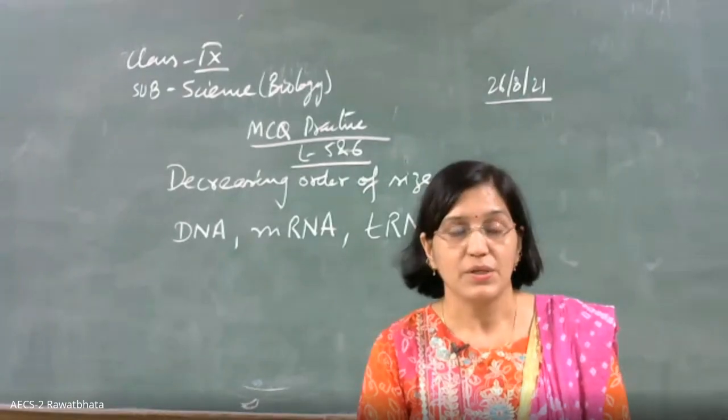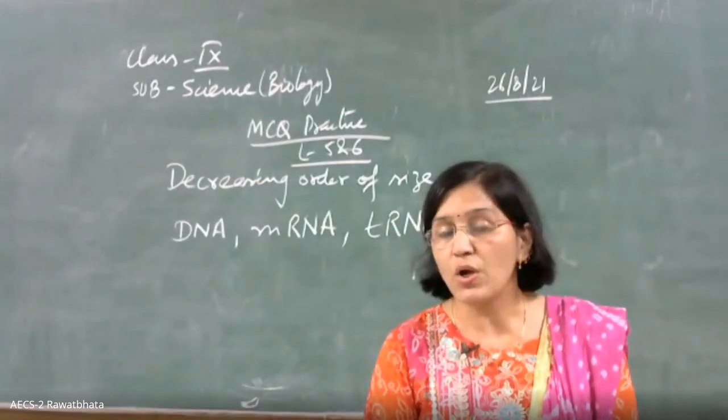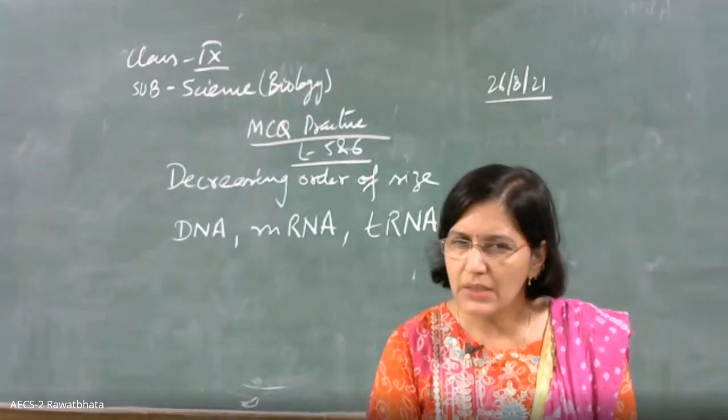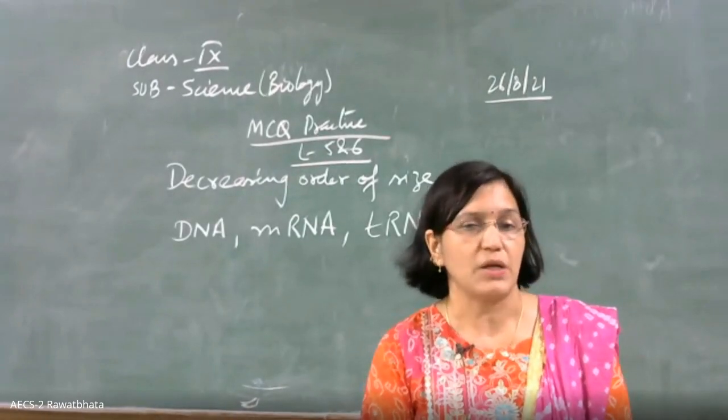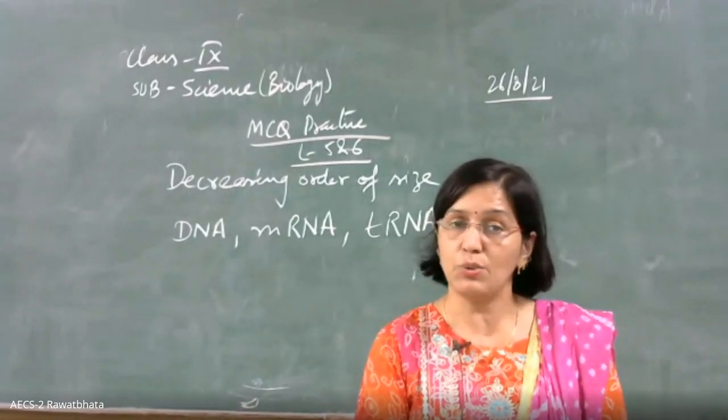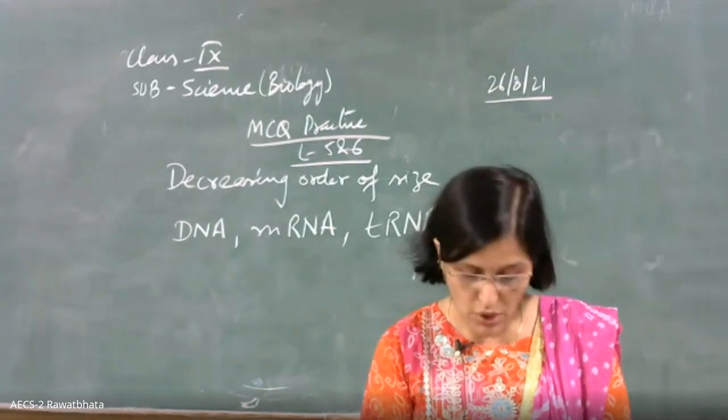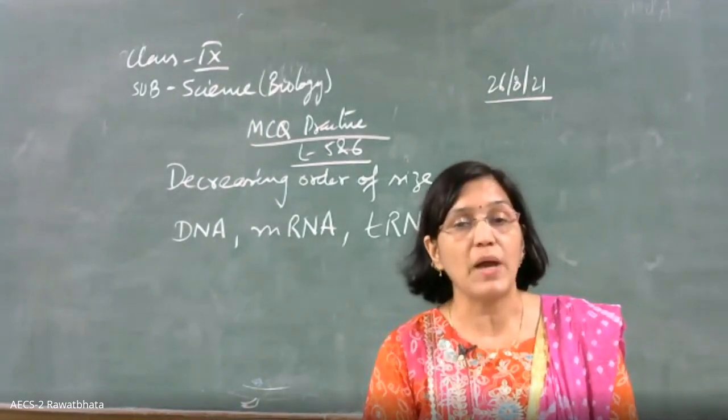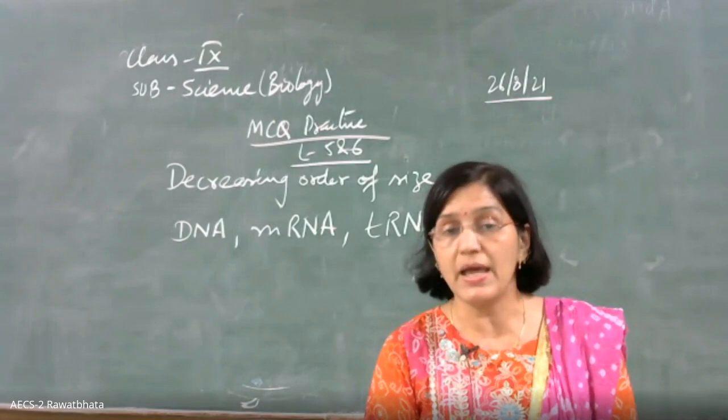Ma'am, can I tell? Wait, Aditya, wait. So how to rule out TMV? I am not aware of it, right? So let me start thinking where this DNA was present. Nucleus, yes, of course, DNA is present in nucleus, right? Now, if you're talking about the other two, mitochondria and chloroplast, yes, they had DNA and they had their ribosomes. Ma'am, virus contains RNA.